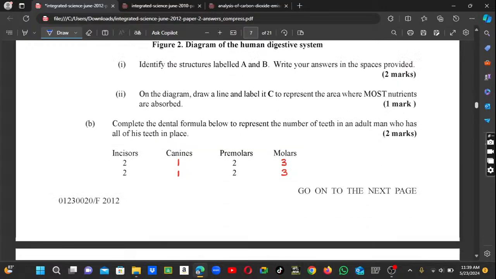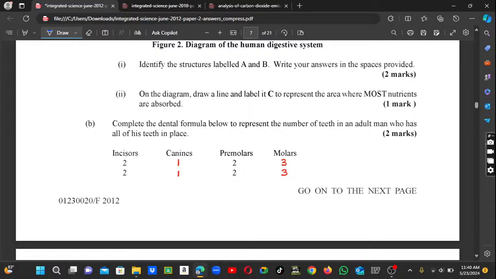Good. So here is the diagram of the human digestive system again. It says to identify the structure. We already did that, right? It says on the diagram, draw a line to label C. We already did that. C was what? Small intestine. So we already labelled C. Now it says complete the dental formula. Yes, guys, they may ask you about the teeth, so you need to know about teeth, between the canine, incisor, premolar, and molar. So we need to complete the dental